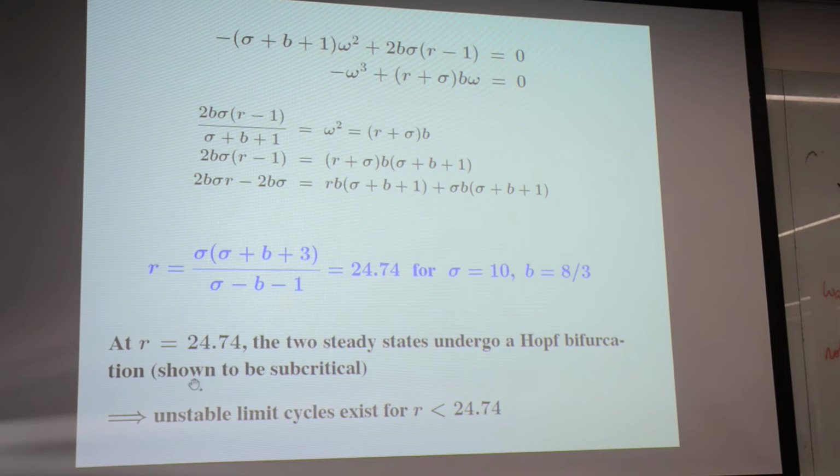It turns out that that Hopf bifurcation is subcritical. And what does subcritical mean? You recall that it means that the limit cycle is not to be found to the right, but to the left. And now what does right and left mean in this context? It means the direction in which the eigenvalue that's going to become unstable is increasing. So